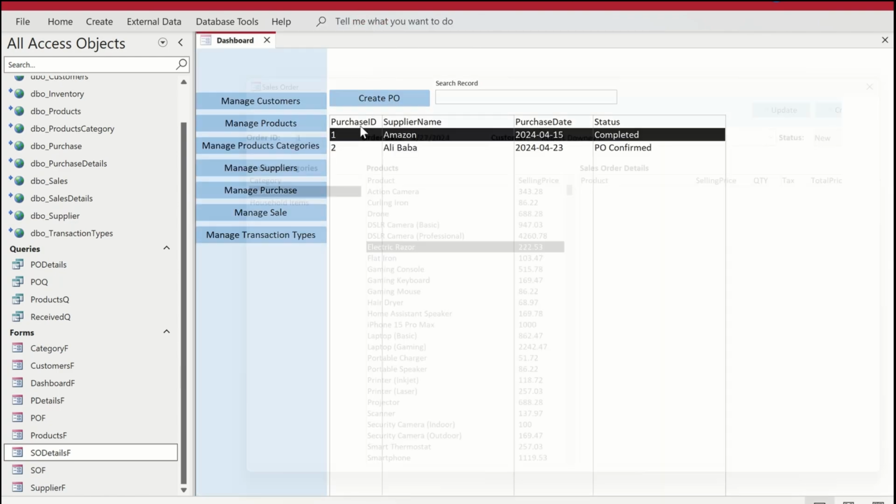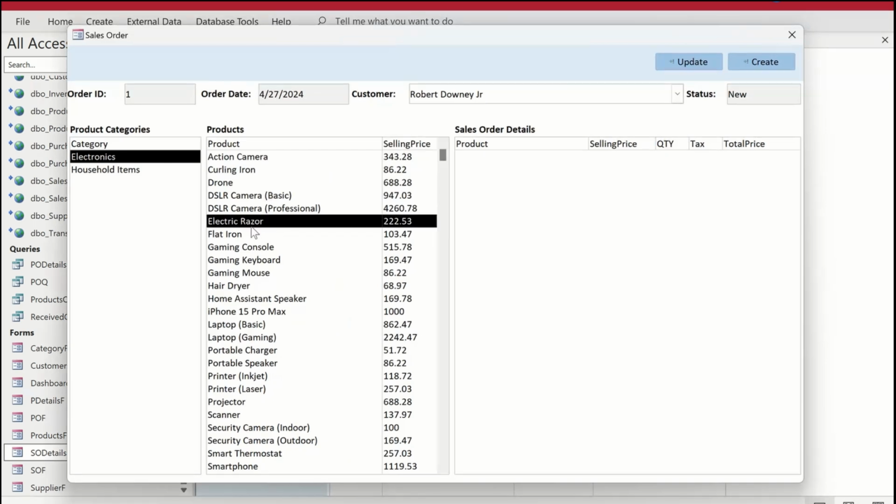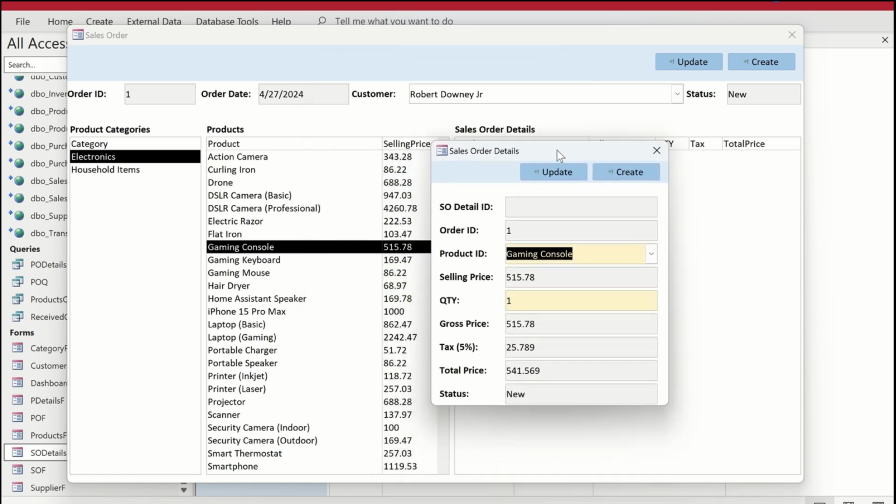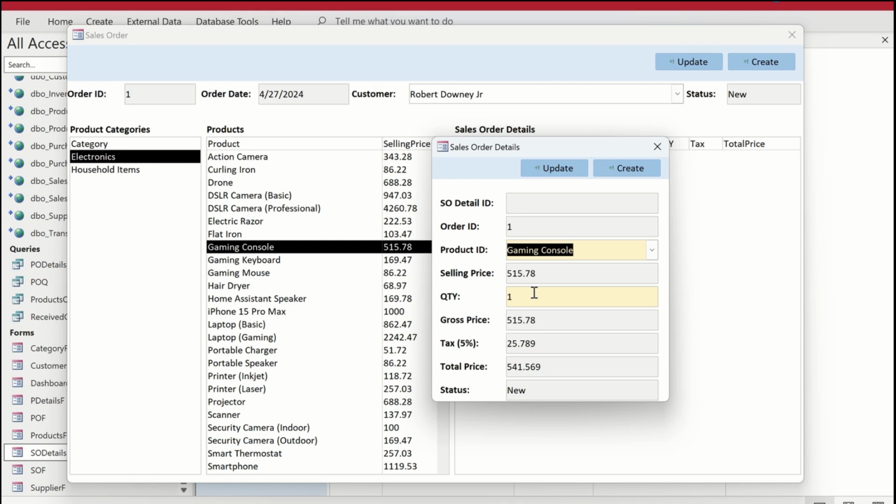Let me go to the form view, and we have a sales order. Now let's double click here. Let's say gaming console. We want 515.78. So let's double click, and there you go. We can see that something is happening. So we have order ID, we have product ID, we have selling price, which is the same, 515.78. We have quantity one by default. Again, the user can change it, and based on that, the gross price is of course the same as selling price, and then 25.789, hopefully that's 5% of the gross price, and then the gross price plus tax